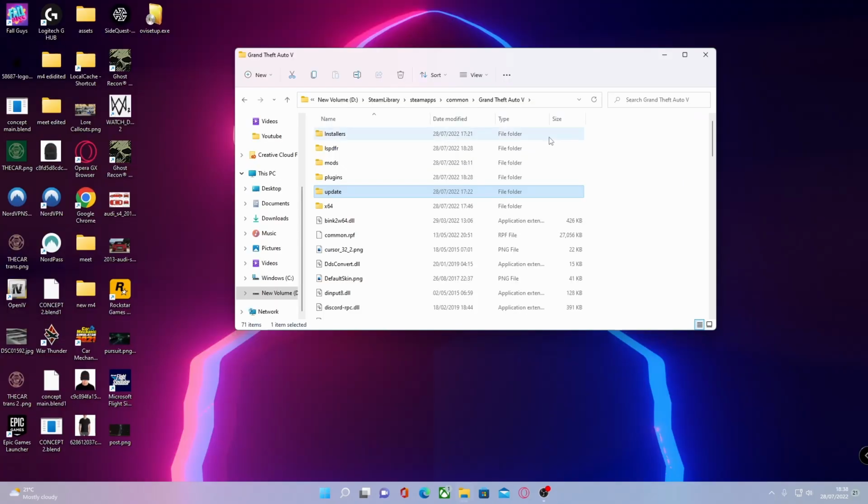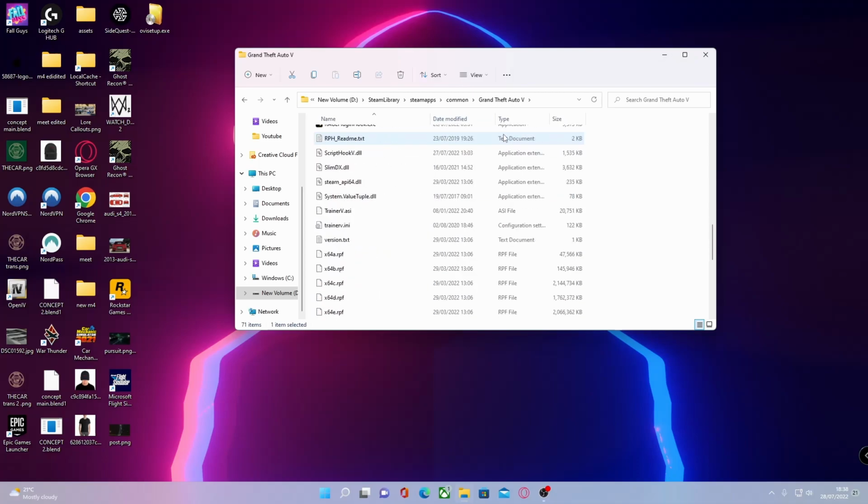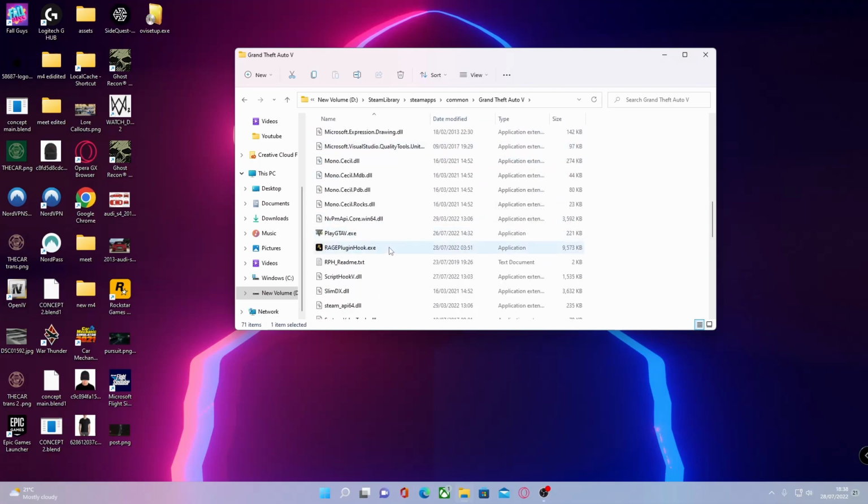And there is one more thing, actually. What you guys are going to want to do, when it comes to actually loading your GTA 5, almost completely forgot about this, is go to GTA 5 main directory, go to ragepluginhook.exe. This is where we'll always launch it through now, wherever we're using mods. Always launch through ragepluginhook.exe. Double click it,